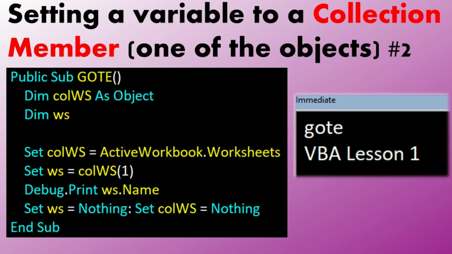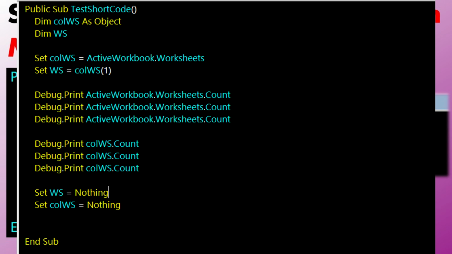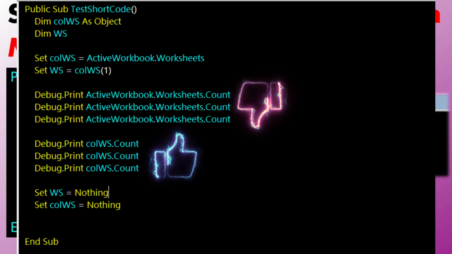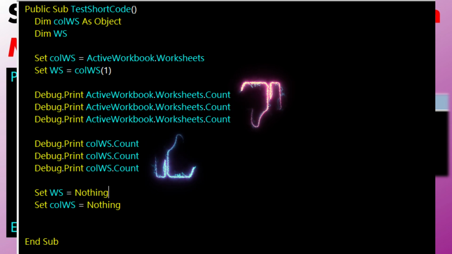Now we'll do something slightly different. In the previous example, we referred directly to the worksheet's object. Here, we've gone one step further by creating a colWS variable. We set that variable to the worksheets collection object. Now, when we set the WS variable, we can refer to the colWS and index 1. If you are constantly referring to both the collection as well as individual objects in code, this would be a cleaner way of doing so, setting a variable to the collection, then referring to that variable's name, instead of always typing out